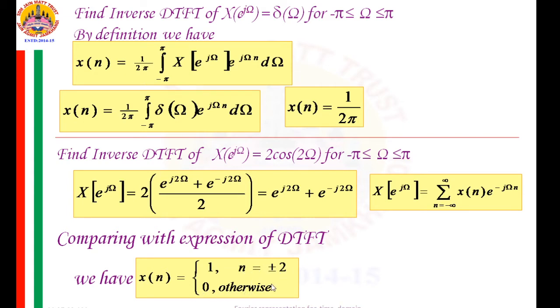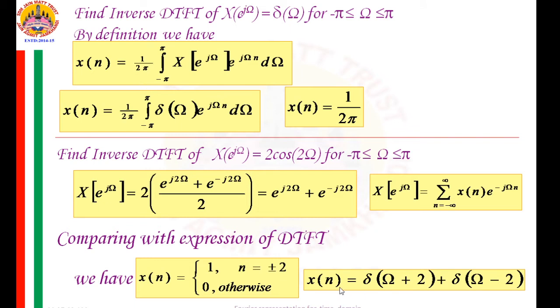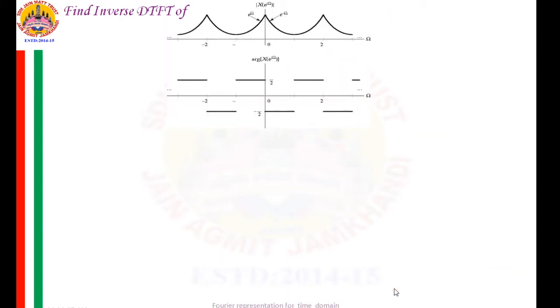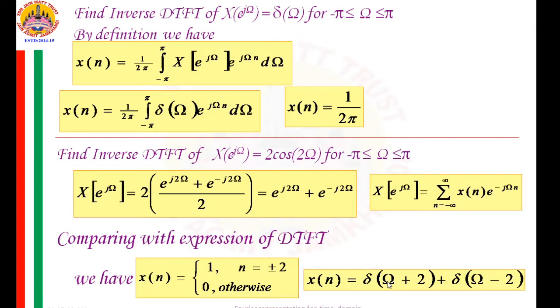So, this can also be expressed as, this is equal to 1 at plus 2 and minus 2. So, this can be expressed as x[n] is equal to delta of omega plus 2 plus delta of omega minus 2. Sorry, I have made a mistake here. This is not delta of omega. What I should have written, friends? This should be delta of